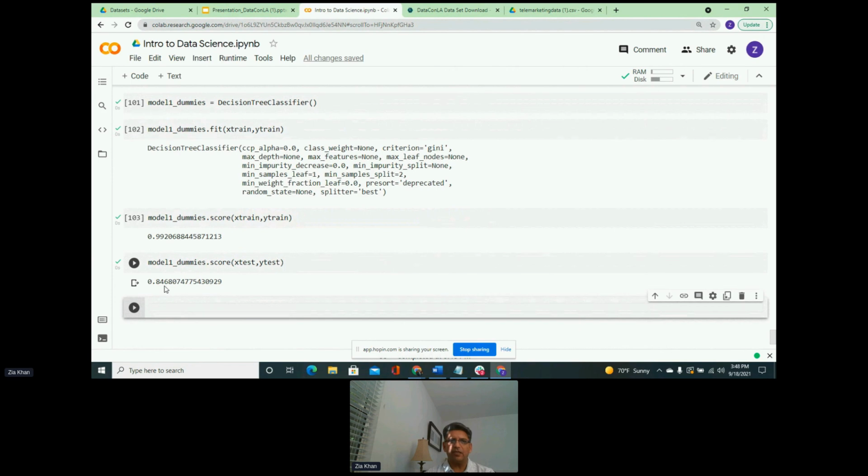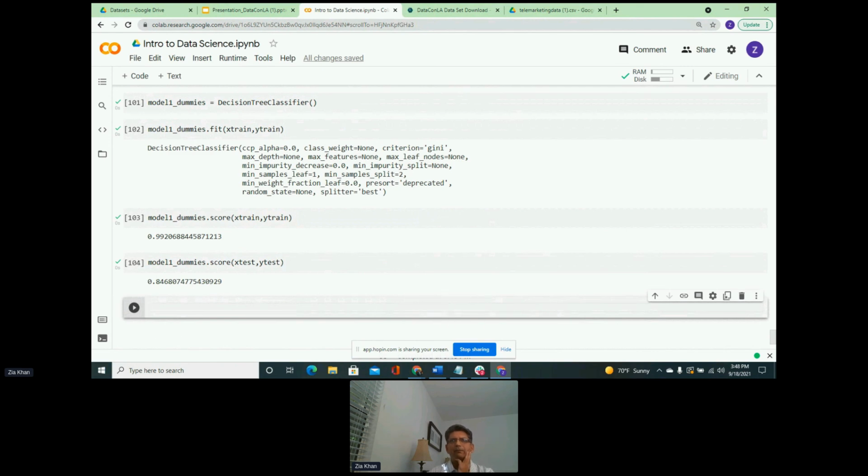Going back to the same thought process I was talking about earlier, the algorithm trains so well on the training data that it almost memorizes it. And because it has memorized the training data, it is unable to do better on the testing data.